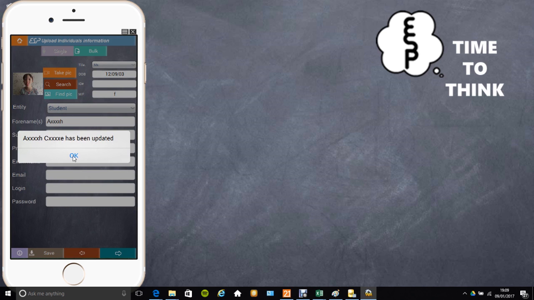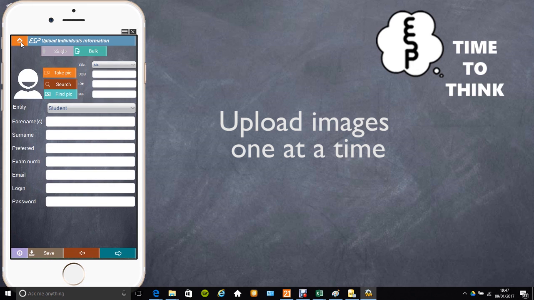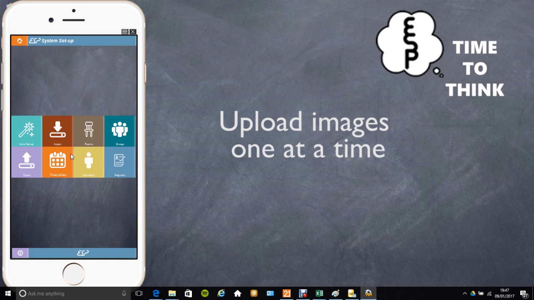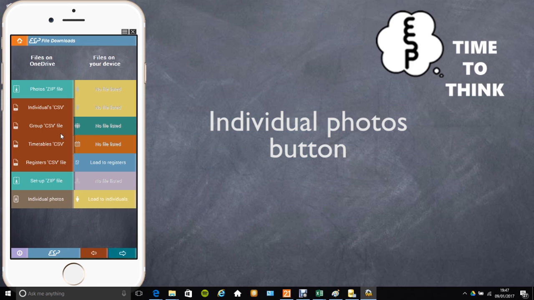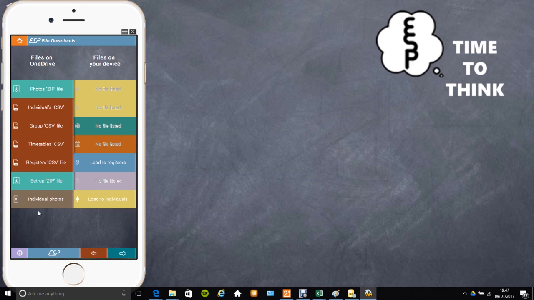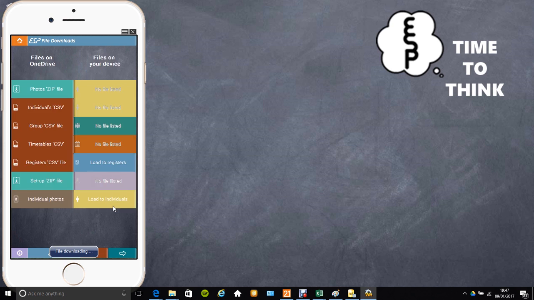We can now finally take a quick look at how we put these individual pictures onto the device. We have already seen how we can access the file retrieval page through this individual button here, but we can also go straight to it by clicking the import button. So here we have our file download page, and if we look at the bottom here we can see a button marked individual photos. Clicking on this will give us a list of all of the images stored in our OneDrive file. We can then select the file we want to download, click the button here, and the file is